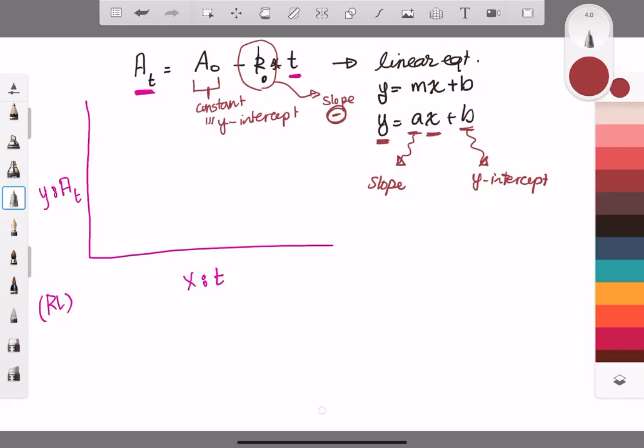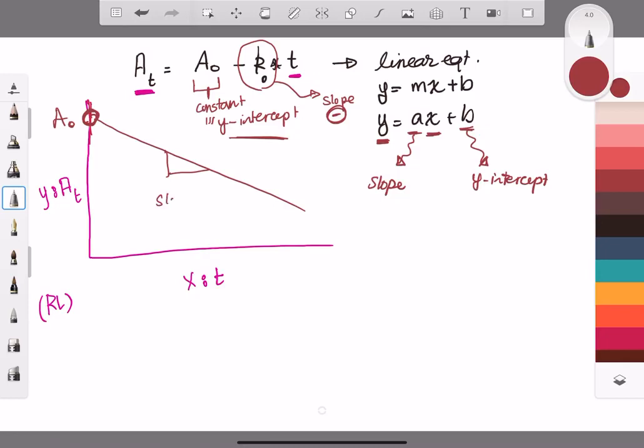So our graph will be linear, decreasing, okay? It will be linear, decreasing,